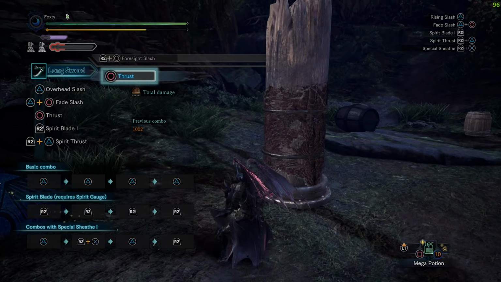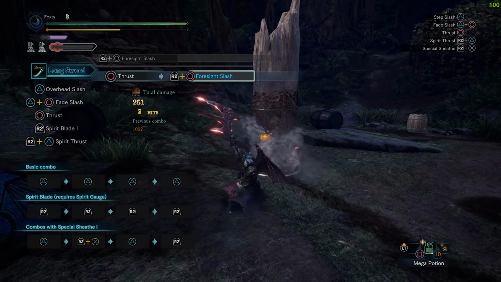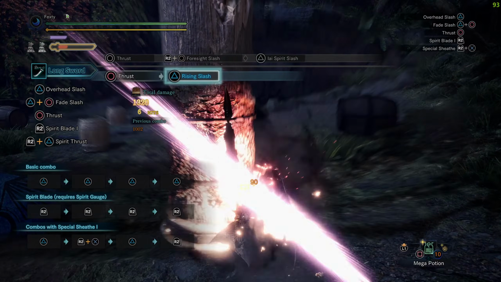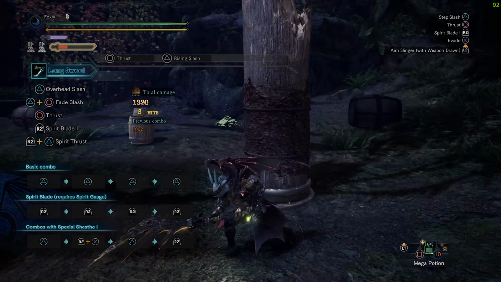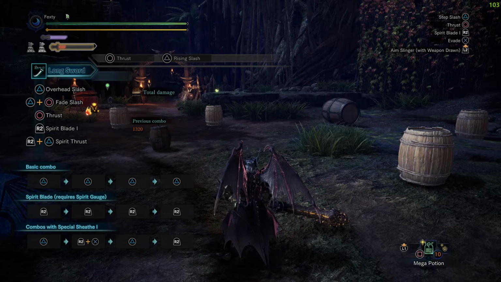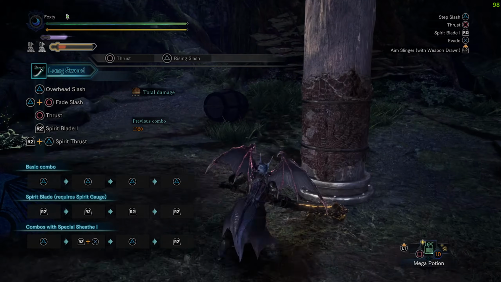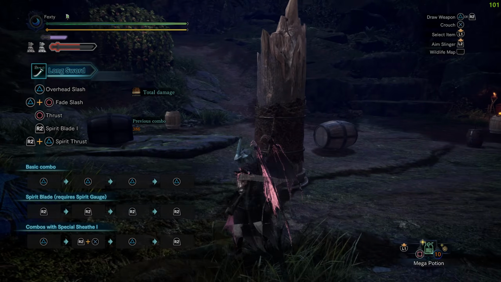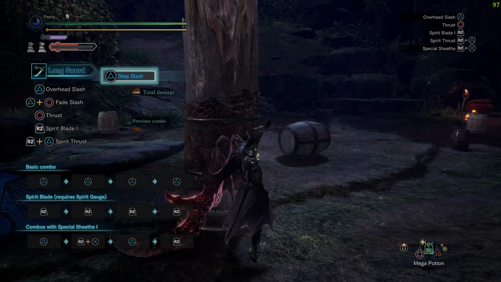So you don't need to do an attack first before you can do Foresight. If I'm in yellow gauge, that doesn't work. I'm hitting R2 plus circle and nothing's happening. If I go into red, however, so yeah, if you're in red gauge,